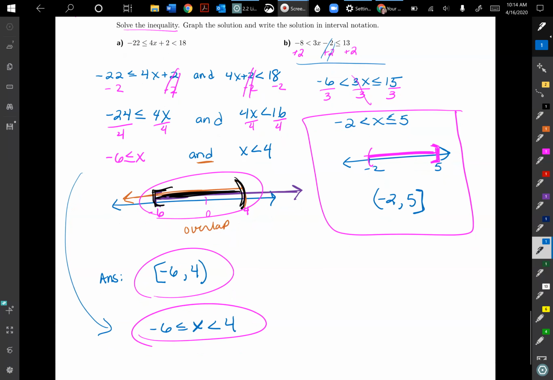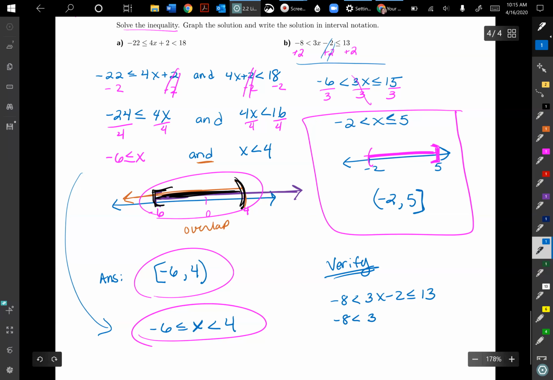Right, so I do want to make sure I show you how to verify your answer. So we're going to write that down below here. I can pick anything in this interval, anything that would be true for x. So 0 works. And I'm just going to plug 0 into my inequality. So my original inequality was -8 less than 3x minus 2 less than or equal to 13. I'm just rewriting it so it's clear what I'm doing. Then I'm going to pop in the 0